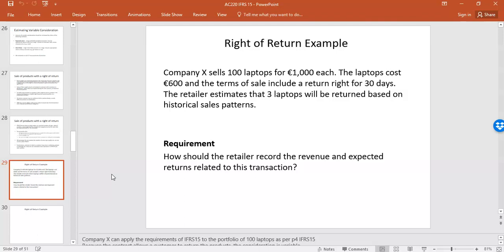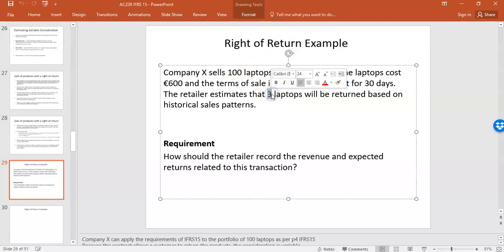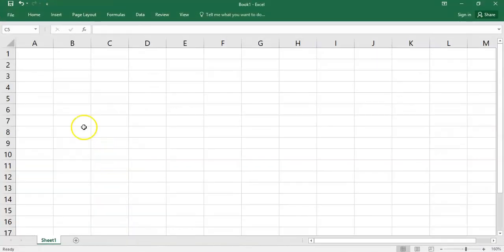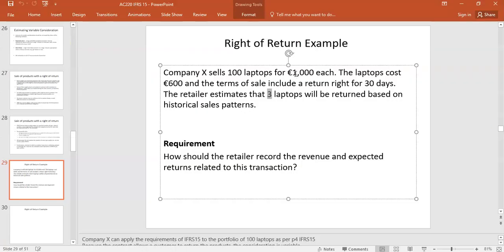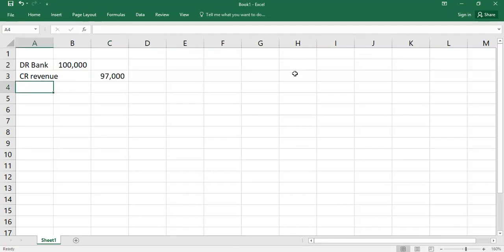Well, in this case, this is variable consideration. Because under IFRS 15, you're saying, well, we don't exactly know how many laptops we've actually sold. Because it could be the case that some of those laptops will be returned, and we're saying our best estimate is 3 of those laptops will be returned. So in terms of debits and credits for this, it will be debit bank, the full amount received, which is 100 times 1,000. You're going to credit revenue, this is important, you credit revenue 97 times 1,000, and you credit refund liability